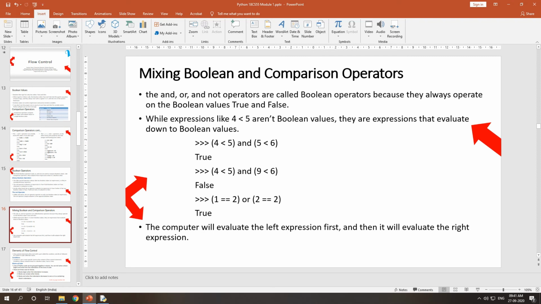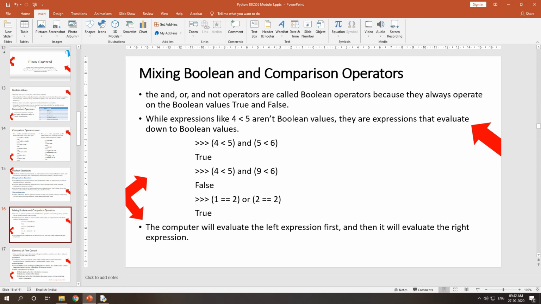So boolean operators are and, or, not, right? Comparison operators you have already seen. Here 4 is less than 5, true, and 5 is less than 6, true, and true and true results in true. And here again true, and here it is false, so true and false will be false.